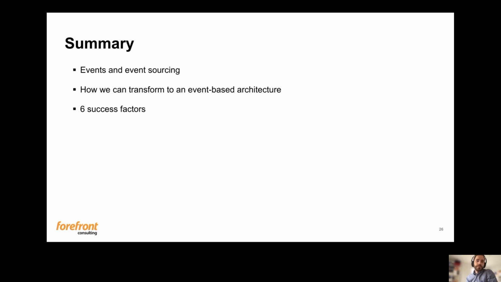So to sum this up, what have we talked about? Well, we have explained why events and event sourcing are important tools in our architecture. We've seen how we can transform our architectures to be more event-based to make our business smarter, to have more data available for analysis and things. And we've also seen how this can make our microservice architecture more clear and robust. And we looked at a number of different aspects that need to be handled during this transformation and some possible solutions to challenges that might arise when working with this.